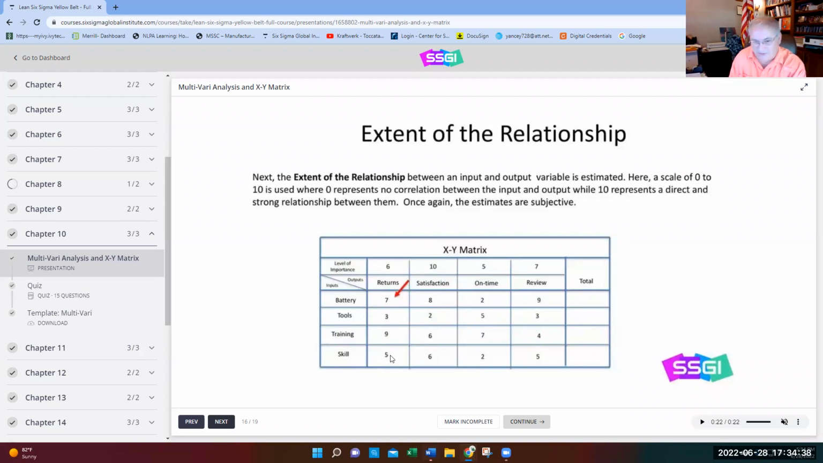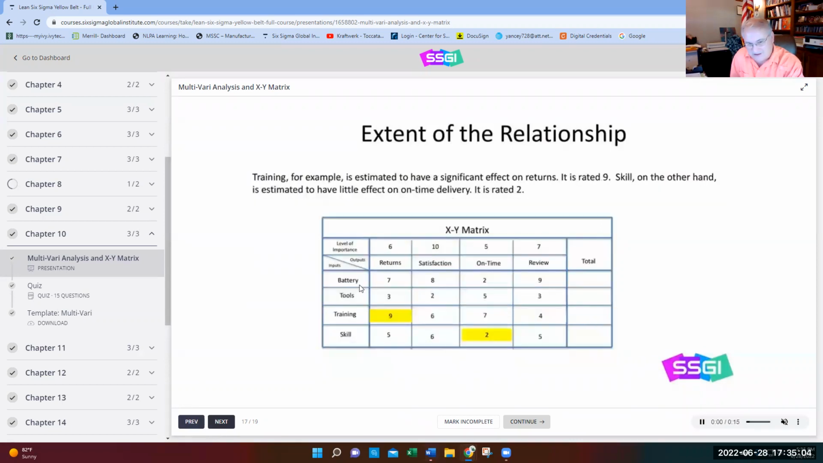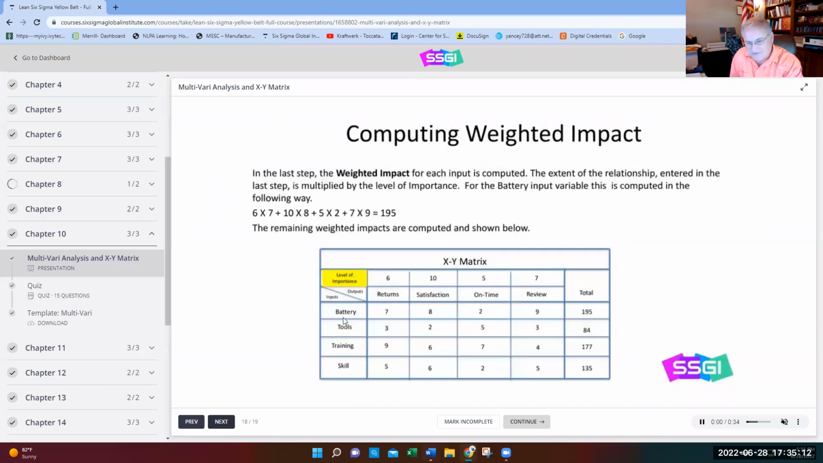They place an importance in each one of these different levels to come up with a way that we're going to multiply it. So see where we have a 7 and a 6 here. We got a 3 and a 6. We got a 9 and a 6. And we got a 5 and a 6 under returns. So you're going to multiply those when we go across to find out what the battery had as far as an issue on quality. And so if we go all the way across, the battery was 6 times